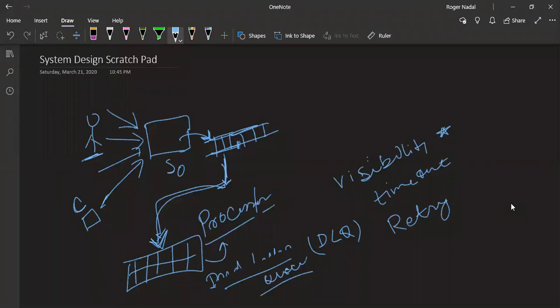Yes. Good point. And the retention period. I know in SQS the default retention period is 3 days, and the maximum it can go to is 14 days. So if your dead letter queue is an SQS, and the max is that it will hold for 14 days, then you have to think that if you are not clearing that dead letter queue for 14 days, it will go away. It will get deleted automatically.